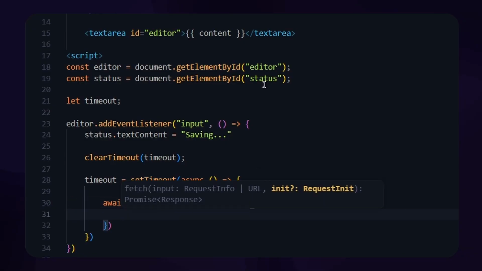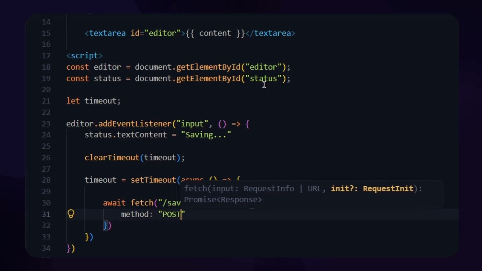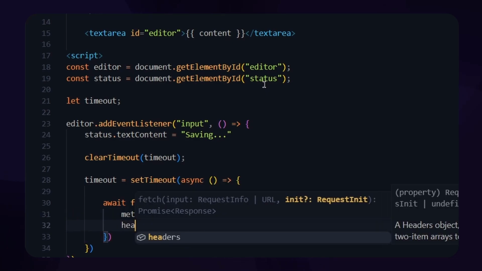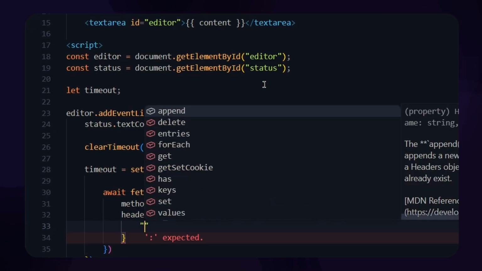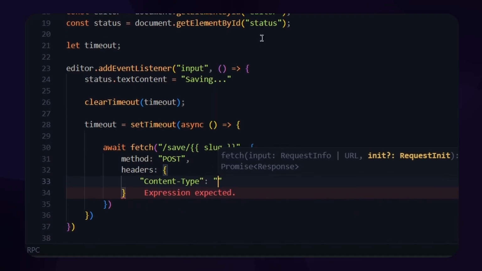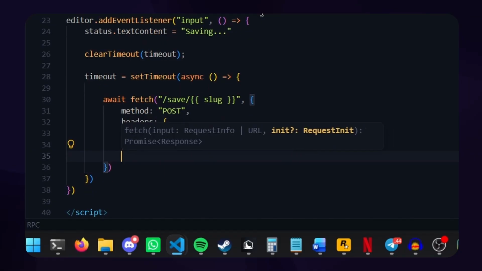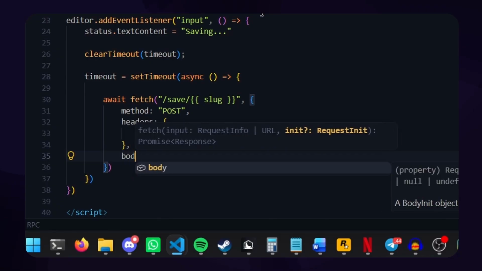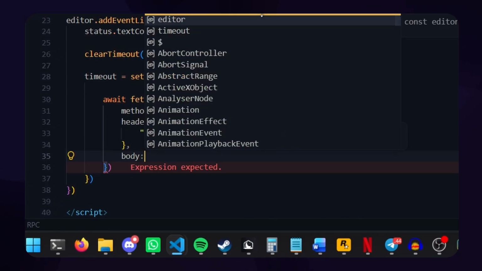So let me create a method which is gonna be equal to post, as you might know. We create some headers. The header is just gonna be content type, which is JSON. So I'll put that application/JSON, because it's a JSON. And now I want the body, which is again gonna be a JSON. So body should be